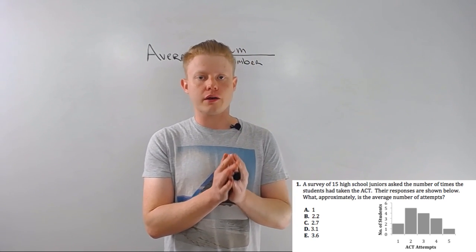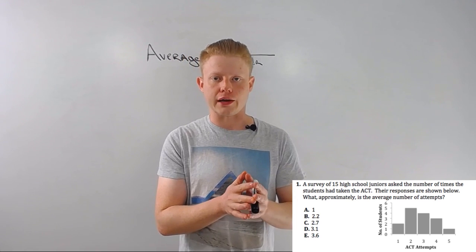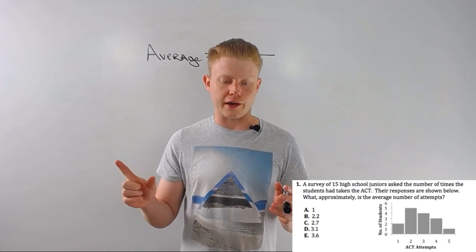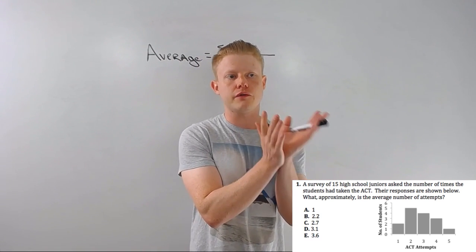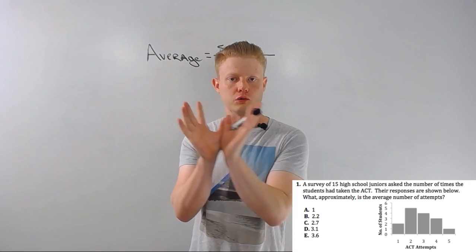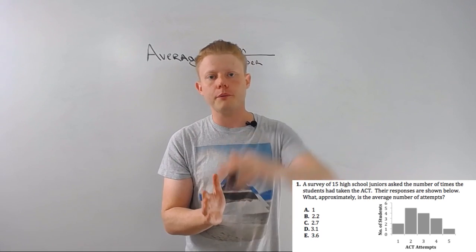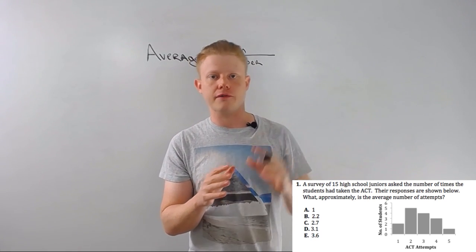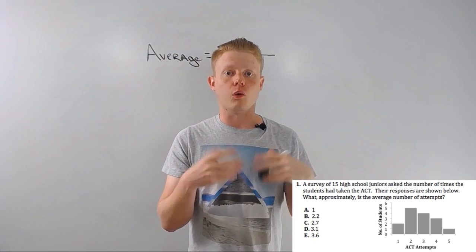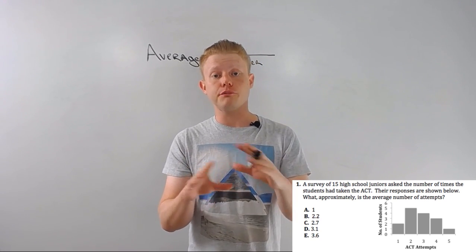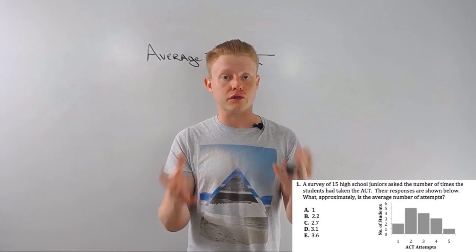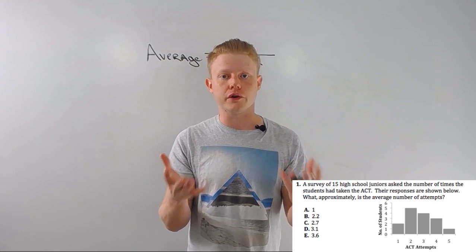Now let's talk about how these bar charts work for a second. On the x-axis, you have the number of ACT attempts. That's sort of the value, right? That's the value, that's the categories we're going to sort the numbers into. Up the y-axis, up the graph, are the number of students, the quantity, the frequency. So in actuality, this bar chart and the bar charts like this that you'll run into are really frequency tables